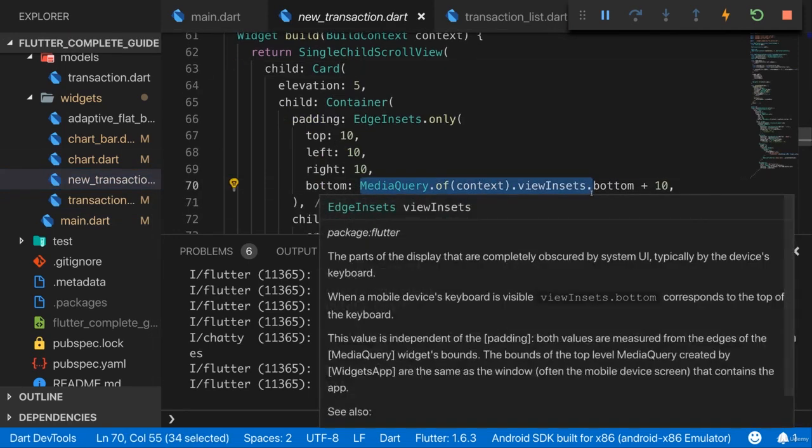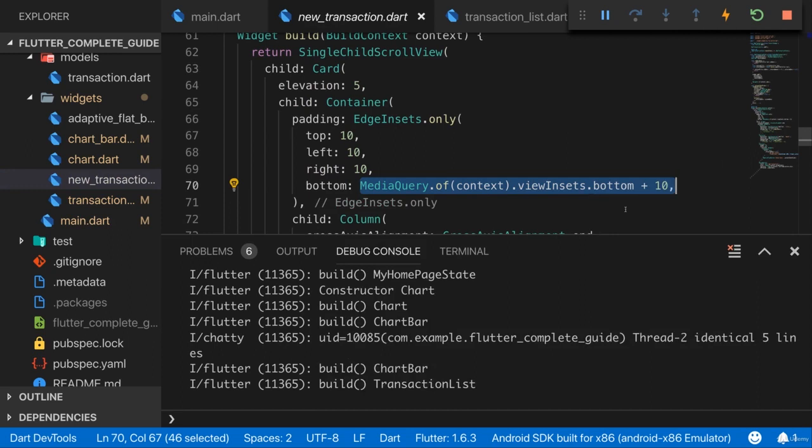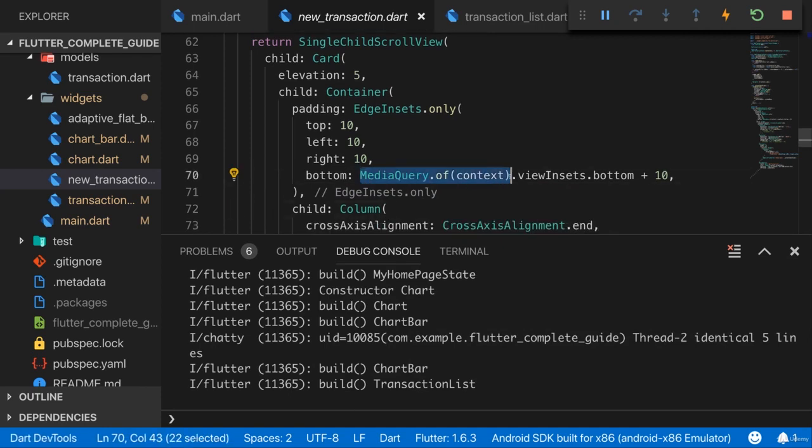Here, we're referring to the view insets data stored in the media query to find out how much space is occupied by the soft keyboard so that we can actually move our content up by that space. So since this is part of the media query object changes, and this is a special kind of widget to which I'll come back, which automatically triggers rebuilds of all the widgets that refer to it. And just because that is important, it doesn't care about whether you actually are only interested in the view insets or in something else. Any widget which uses media query off will rebuild no matter which data you then access